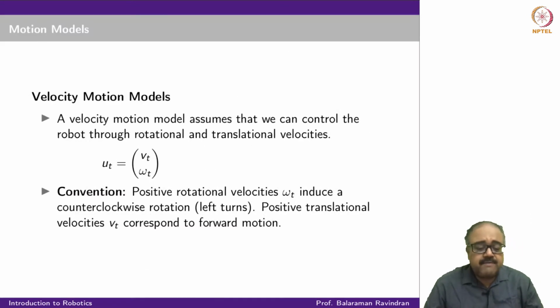Okay. So the first thing I'm going to talk about are what are called velocity motion models, right. A velocity motion model assumes the following, right. So I'm going to assume that my robot state is described by some position, right. It could be the x coordinate, the y coordinate of the robot, and some kind of an orientation theta, right. So this is a standard 2D robot location and pose representation, right.